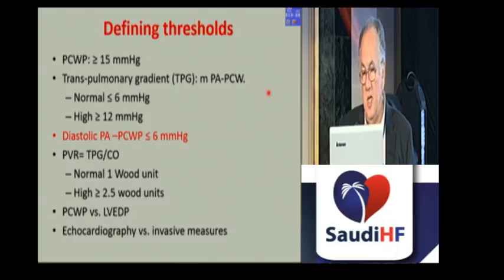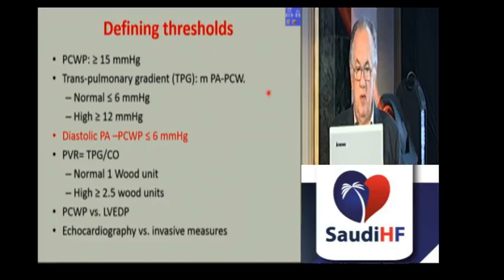These are the defining thresholds that we currently use. A pulmonary capillary wedge pressure of more than 15 millimeters mercury with a transpulmonic gradient of higher than 12 millimeters mercury. If we use diastolic pulmonary artery pressure, and I'll explain in a minute why it is more accurate than the mean pulmonary artery pressure, then a diastolic to wedge less than 6 millimeters is normal and above 6 millimeters is high. A pulmonary vascular resistance is normally in the range of 1 Wood unit, but the threshold for definition